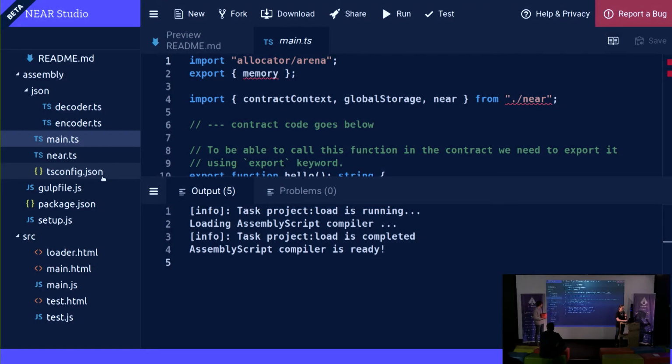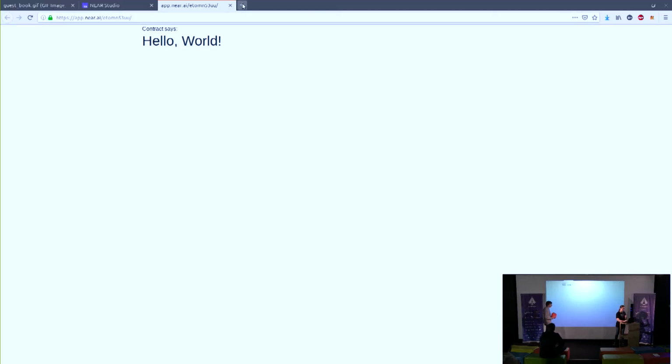Cool. So this is already a to-do. I'm going to click run. What's happening right now is this online IDE is actually deploying the contract to our hosted DevNet. Whoa, what happened? Did I pick the wrong template? Yeah, I think so. Oh my God, there was one thing I had to do right, and I messed it up. Well, we'll try again.